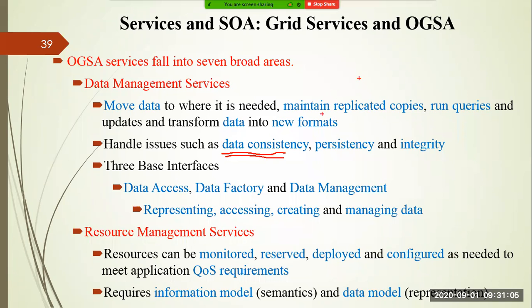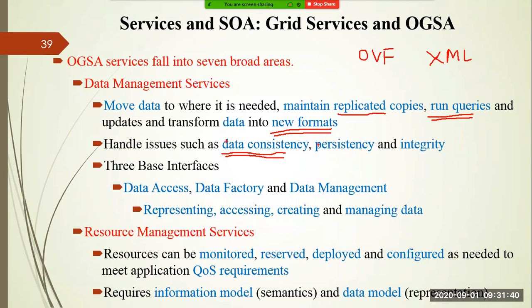So if you are going for replicated copies, you have to ensure that each and every copy, whatever is stored in the different servers, has the same things. They should not have any different thing. So you can run different queries in order to get the data, and update and transfer the data into new formats. Like I told you, in the BM case we are using the OBF format. Similarly, in service oriented architecture, we are using the XML format. Assume that in the near future some other technology will come, it should be capable of transferring into the new formats.